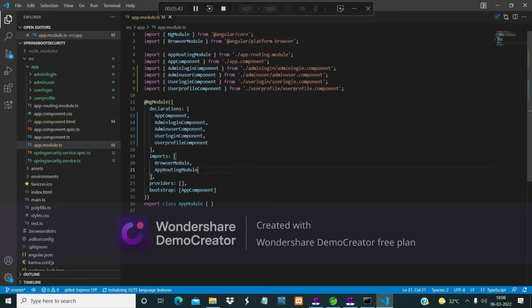Here we have to add the HttpClientModule in the imports.